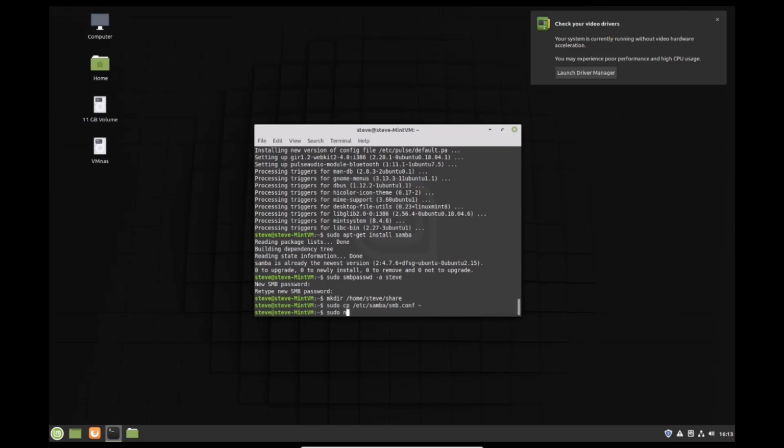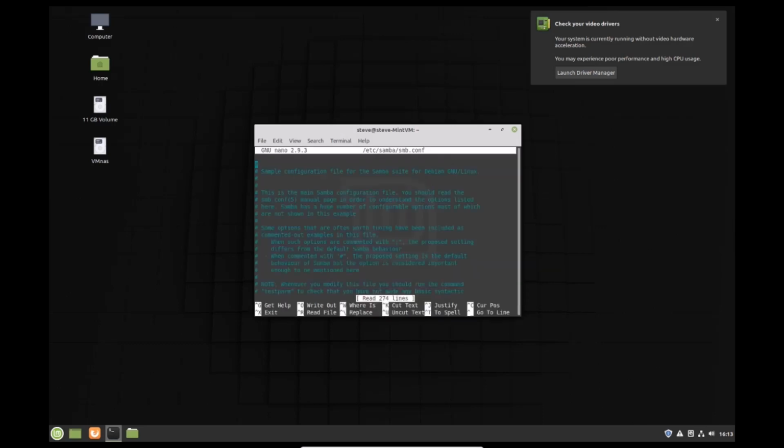So we go sudo nano /etc/samba/smb.conf. That will take you into nano. We need to scroll down all the way to the bottom, and we type in an open bracket, whatever the name of the folder is, enter, type in path equals /home/your username/the folder name. Valid users